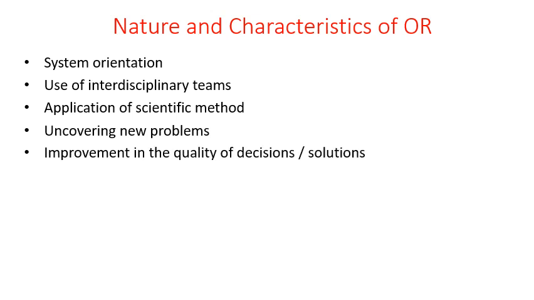Improvement in the quality of decisions and solutions. Of course, nature and character. One of the characteristics of OR is improvement. Improvement in the sense how, probably in terms of say a faster execution. Everyone wants work to be done faster to save time, especially in today's world. Time is precious, without compromising on quality. Similarly, at lesser cost, or more output in the same time. Same time you work, but more output. Again, quality should not be compromised.